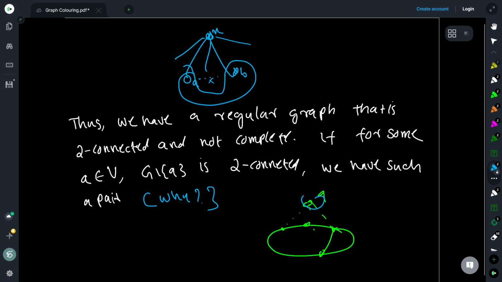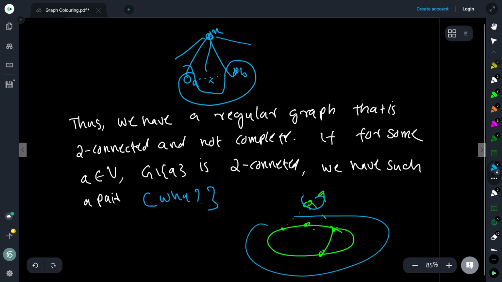And now, since the vertex A I have picked is a vertex of degree delta, in the remaining graph, which is a two connected graph, G minus A, it should have at least one vertex which is not adjacent to A, because if everything is adjacent to A, then the regularity will be equal to the number of vertices minus 1, therefore the graph will be complete. So therefore there is some vertex which is not adjacent to A, I just pick this vertex, right?